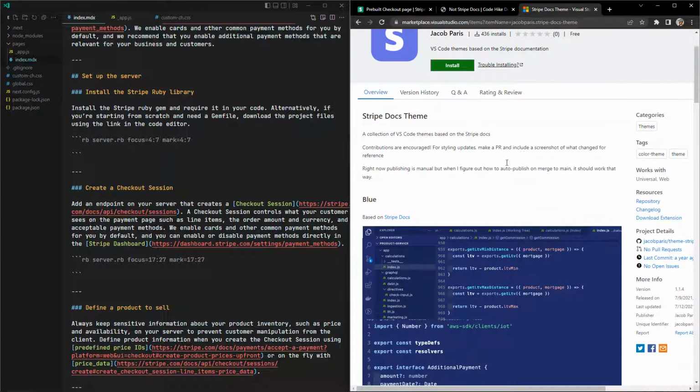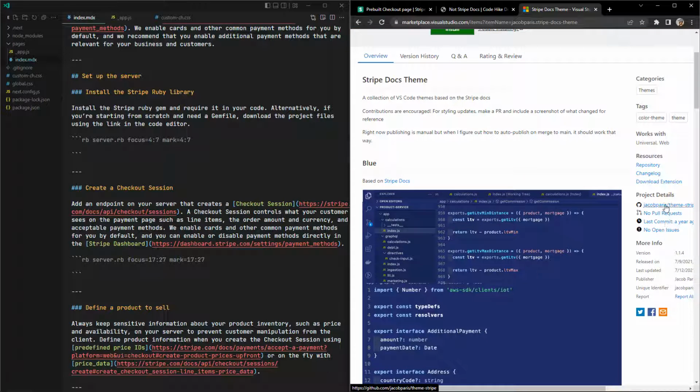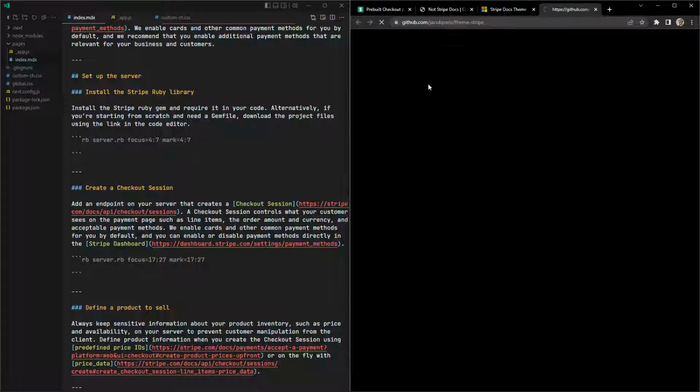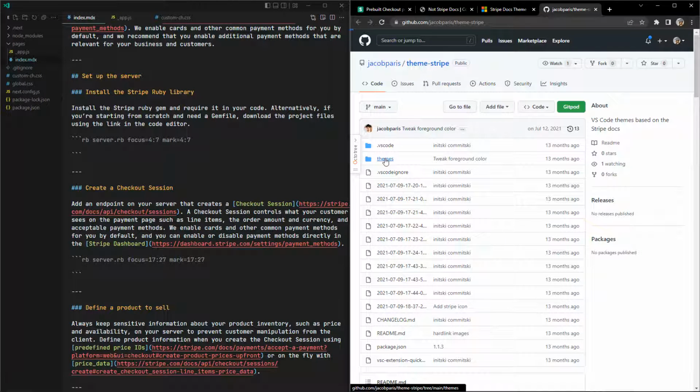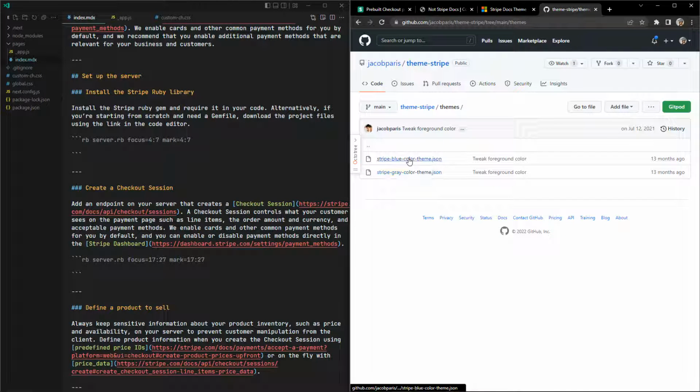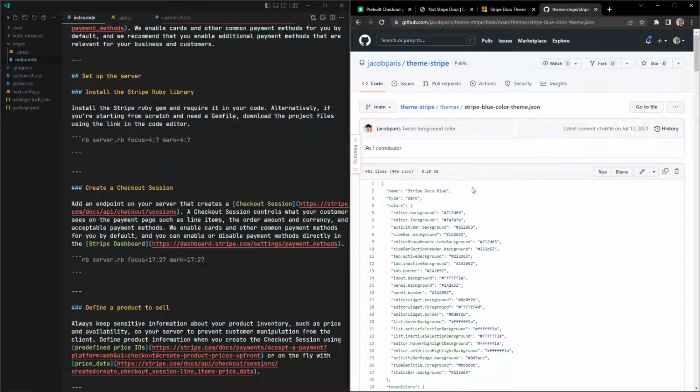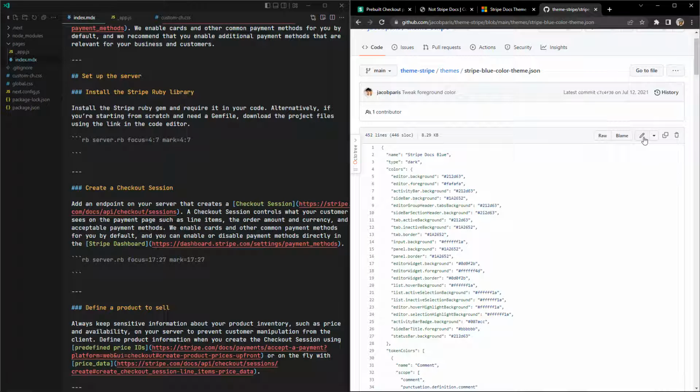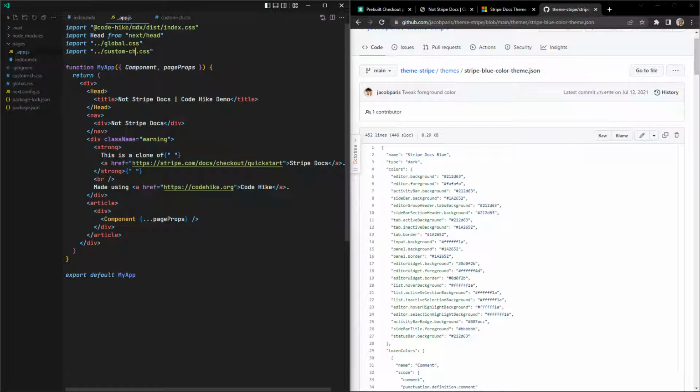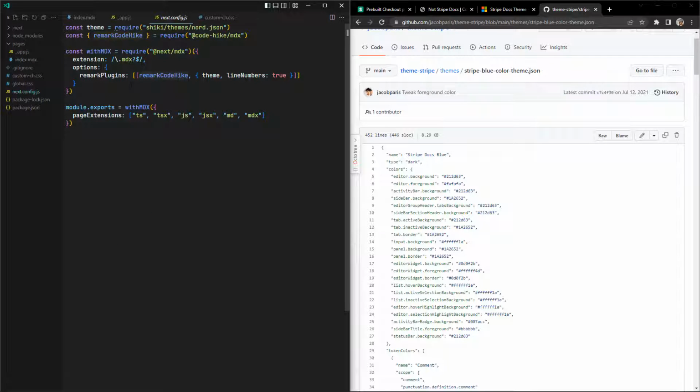This theme has a GitHub, perfect, and this blue color, gray, blue, probably blue. We can copy this with this button and use it